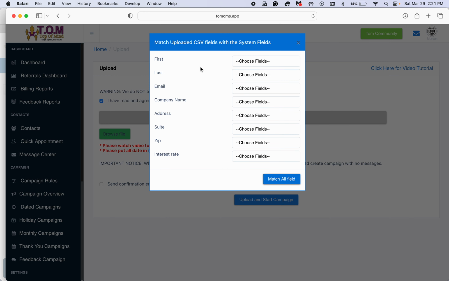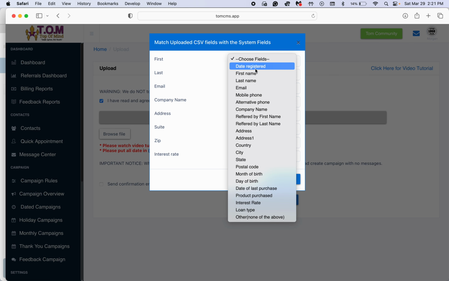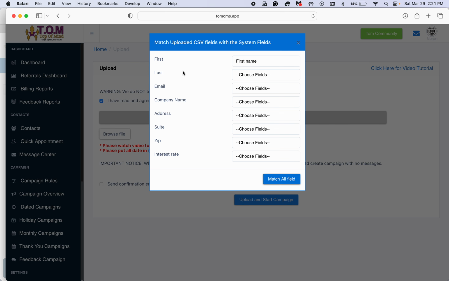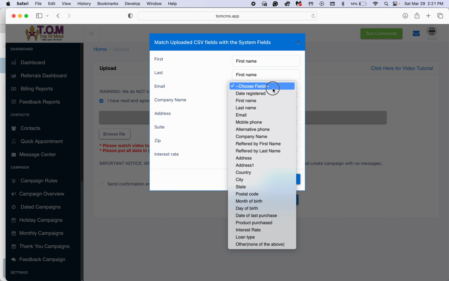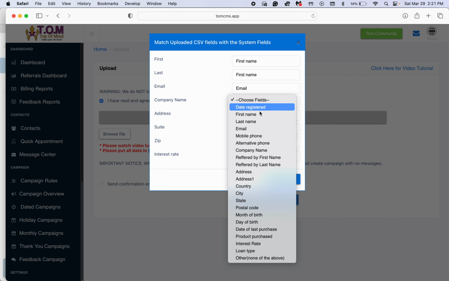And now here's the important part. You want to match the fields from your spreadsheet to the fields that we have in T.O.M. So as you can see, T.O.M pulled all of the column headers from your CSV file here on the left, and then the fields that T.O.M has are in the drop-down to the right. So some of these are pretty straightforward. Your spreadsheet said first. In T.O.M, we're going to select first name. Last would be last name, email, that matches, company name,